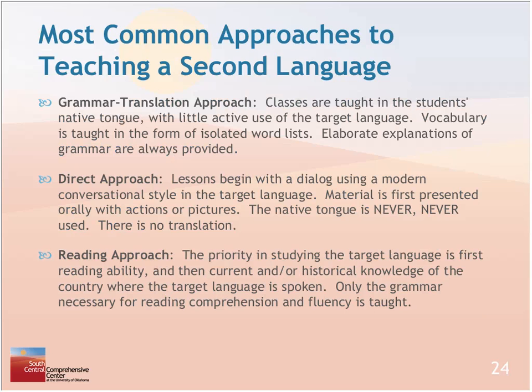You have the grammar translation approach, where vocabulary is taught in the form of lists, and then they have to elaborate sentences with that vocabulary. They have to start writing paragraphs using that vocabulary, and classes are taught in the student's native tongue. But if they can't be that way, they are equipped with a dictionary. Then we have the direct approach, where a couple of students present a dialogue, conversational style, and then from there, the other students start